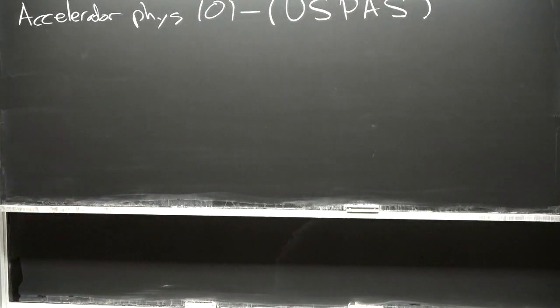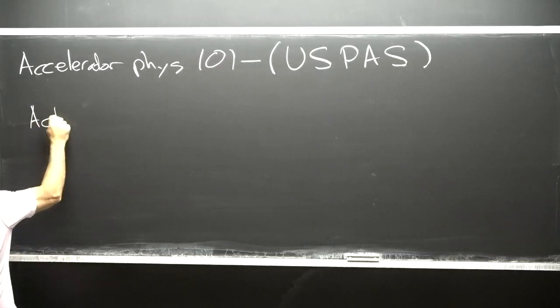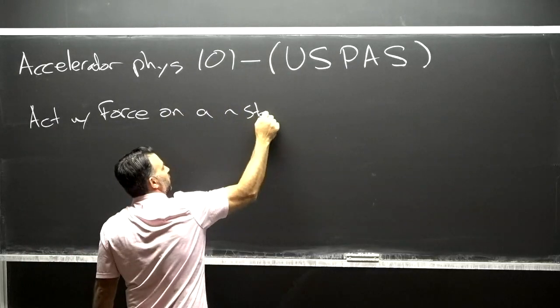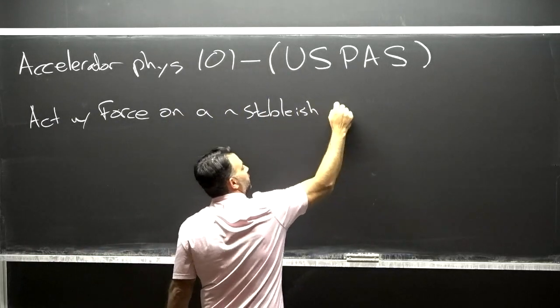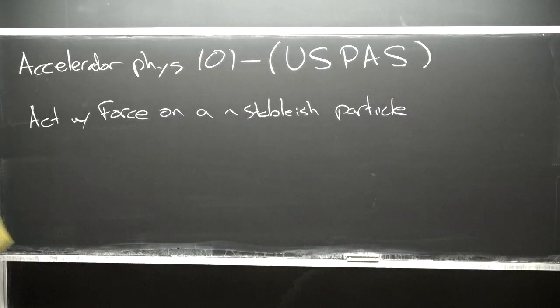Okay, so accelerator physics 101. If we want to get to higher energy, we have to take a particle that we know about, and it's roughly stable so that we can play around with it. Stable-ish particle. And we need to act on it with a force. That's of course because if we're just looking for decays, like how the beginnings of the Standard Model were brought up, we only have the eV or keV scale available to us through decays. So we have to do something that actually applies a force.